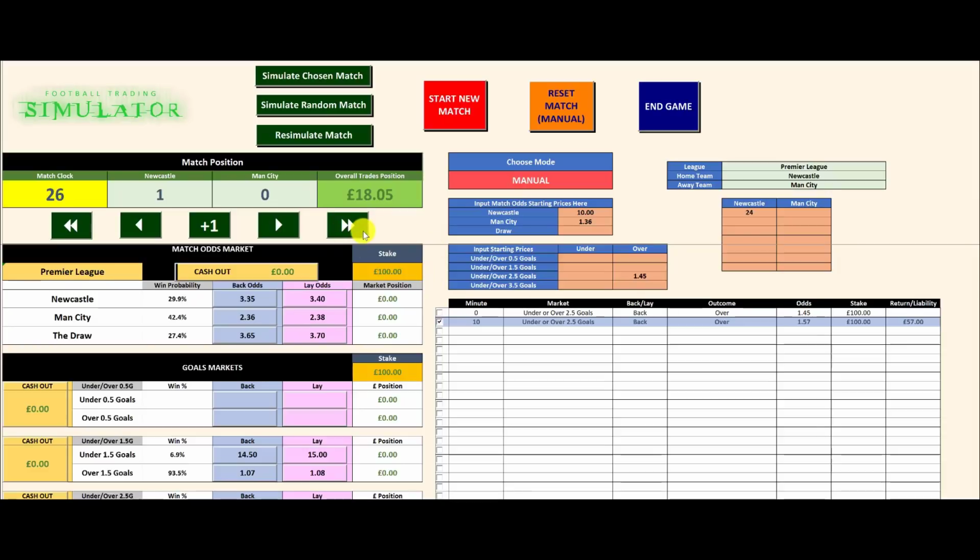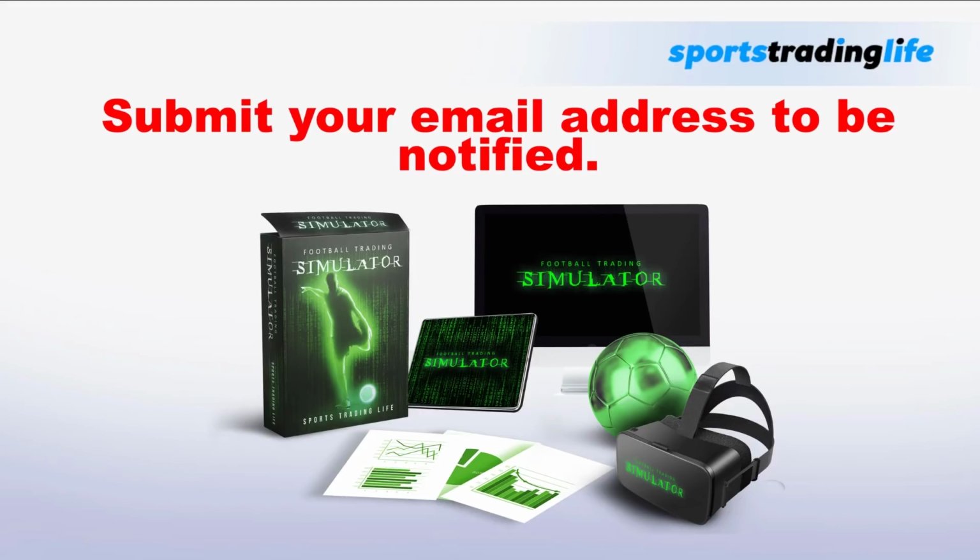So you've seen it there. If we went in at minute 0, it was like a £9 profit. 100% at minute 10, it was an £18 profit, but dripping it in from minute 10 was a £30 profit from the markets. So you can definitely see the advantages of dripping your stake into the market on the goal markets. I do hope that really puts the debate to bed when it comes to trading over 2.5 goals.